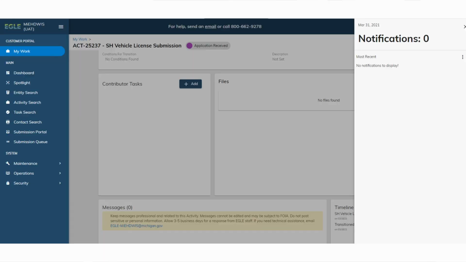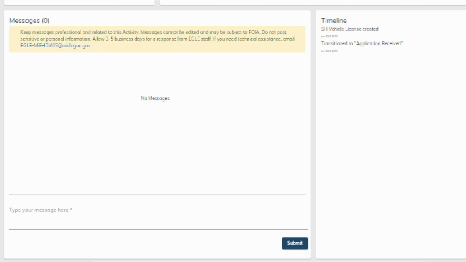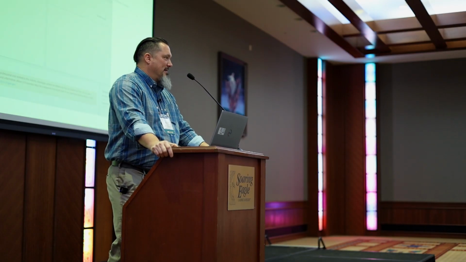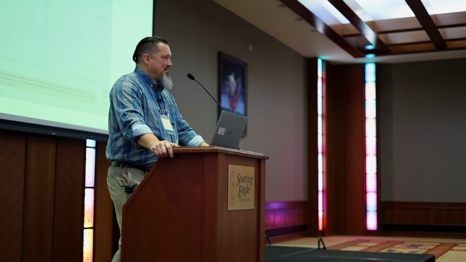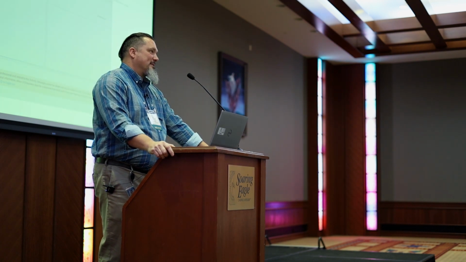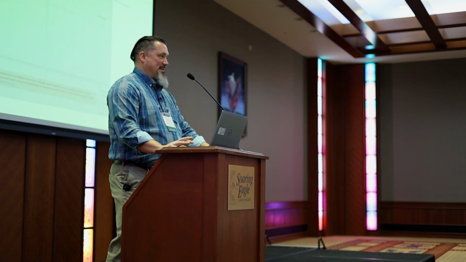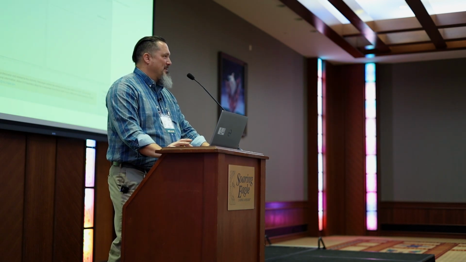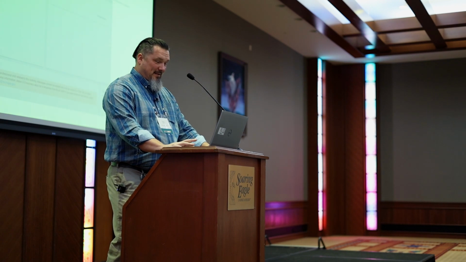There's the message box at the bottom where you'll be able to send messages back and forth. It'll have health department staff assigned, EGLE staff assigned. You'll be able to send Matt Rockhold an email and say, hey, what's the status on this? I haven't seen the status change in 4 days, and he'll get back to you and say, be patient. You submitted it on Friday, it's Monday, that kind of thing.